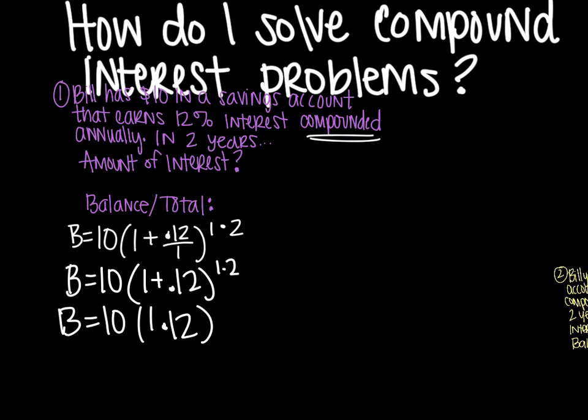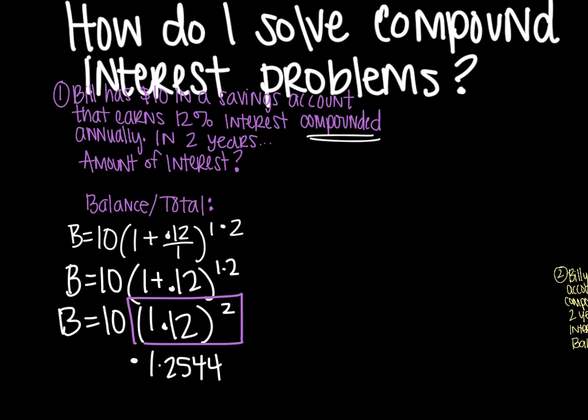And then 1 times 2, we can simplify that to just be 2. Then with your calculator, you're going to need to find the exponent, because that's the next step. So 1.12 squared will give you